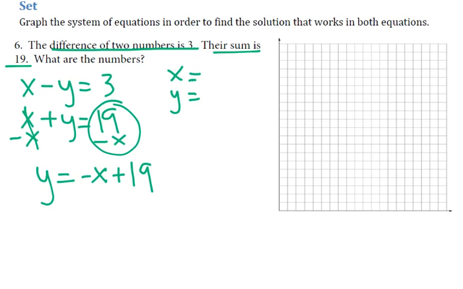So I go up to 19, which I believe is right here. And then my slope is a negative x. Remember that negative x is really like a negative 1x. So my slope is really like negative 1 over 1. So I'm going down 1 and to the right 1. So here is my